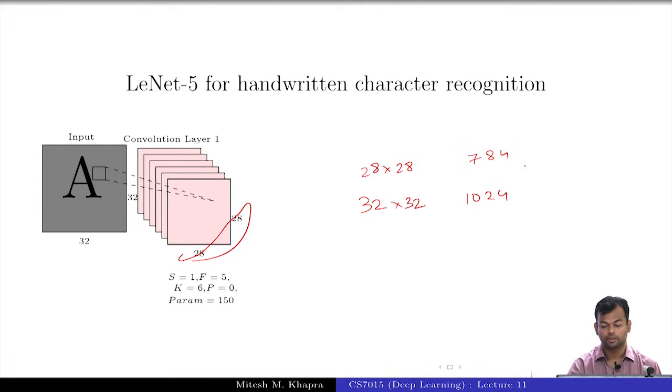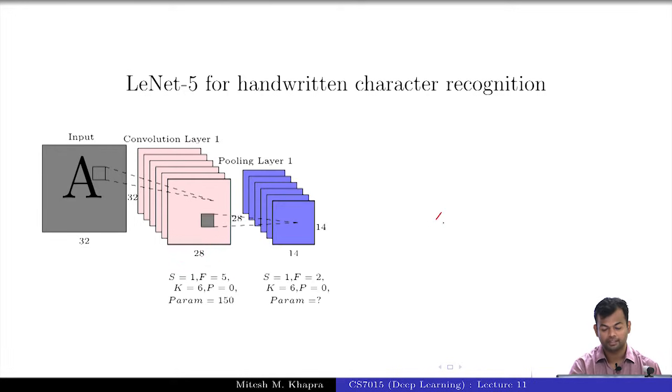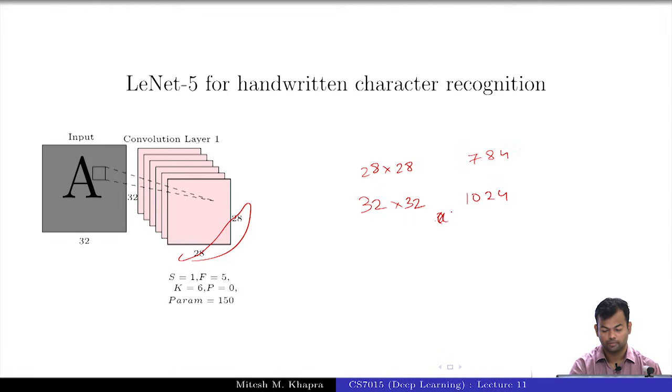That is, I guess, 784. So in a feed-forward neural network, if you had x belonging to R raised to 1024 and your h belonging to R raised to 784, how many parameters would you need? 1024 cross 784. How many parameters do you have here? 150. Much smaller, right? This is because of both sparse connectivity as well as weight sharing, right? So now you appreciate the difference between the two, okay?